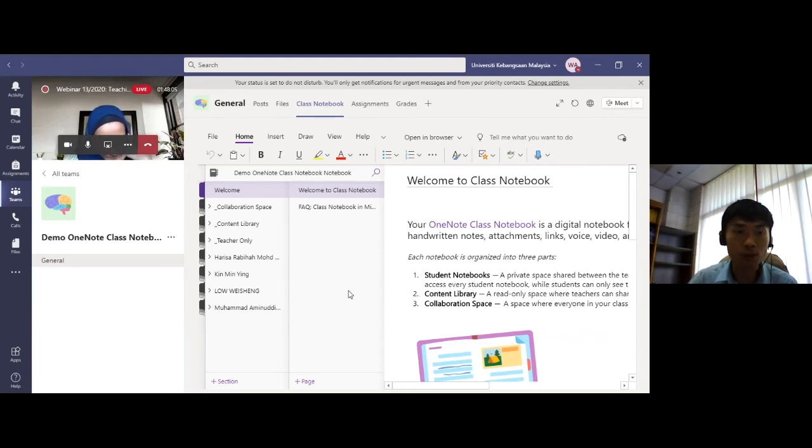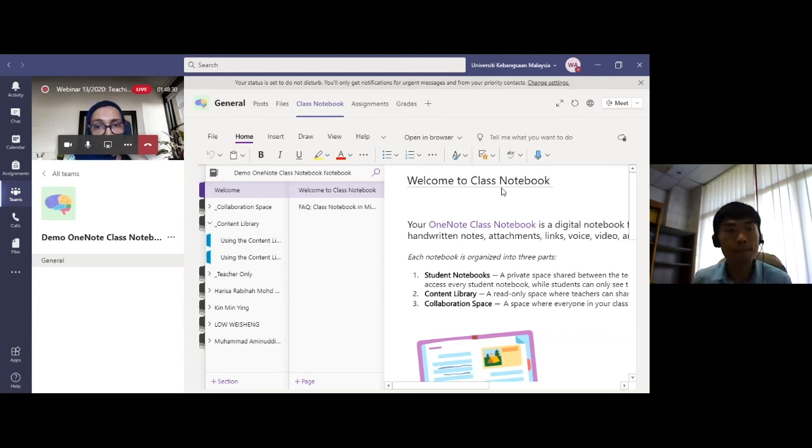So if you want to fully utilize the functions of OneNote, prefer to go to OneNote, the standalone app. Right. The class notebook under Microsoft Teams is just for a quick look, if you're just looking at the contents and so on. You can use this because it is the built-in or embedded app in Microsoft Teams. So maybe some of the functions or features are not usable here.